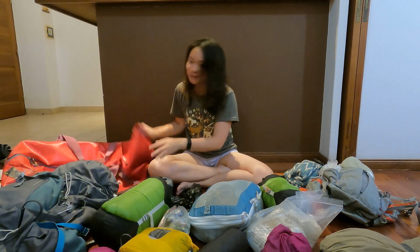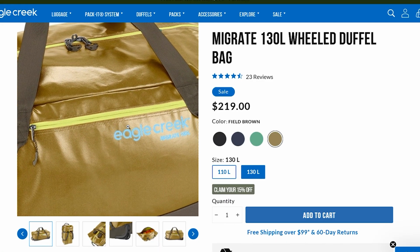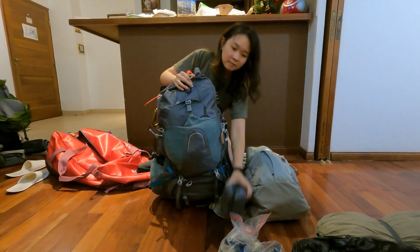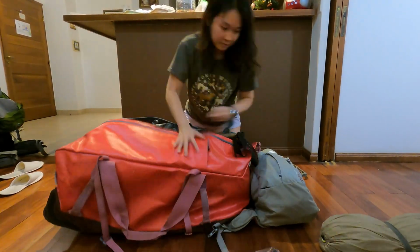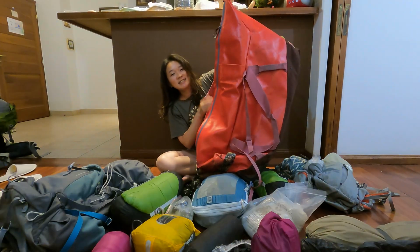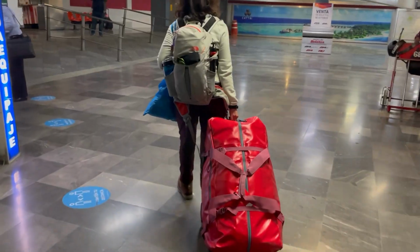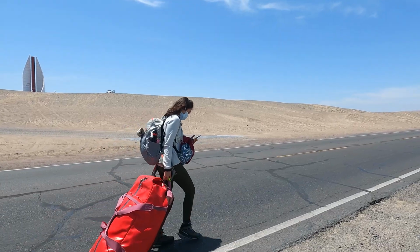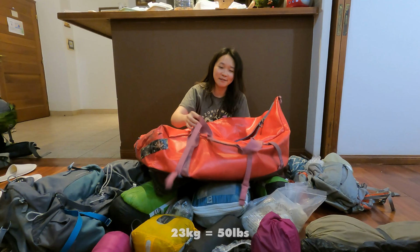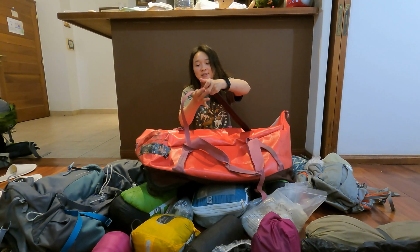And that's why we also have this gigantic Eagle Creek Migrate 130 liters. What I usually do is after I pack everything into the Osprey backpack, I put the Osprey backpack into this, and I put anything else that doesn't fit on the outside of the Osprey backpack but still in this Eagle Creek backpack. The good thing about this backpack is that it has wheels, so I can wheel it and I don't have to carry it all the time. This bag is usually about 23 kg or 24 kg, so that's really heavy. And it has convertible shoulder straps,